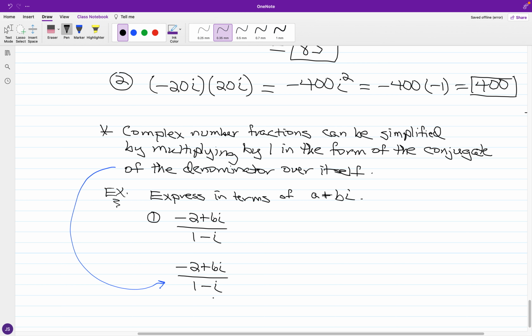Now the denominator we have is 1 - i, and if I multiply by 1 in the form of the conjugate of the denominator, the conjugate is going to be 1 + i. And looking at what we have in distributing,